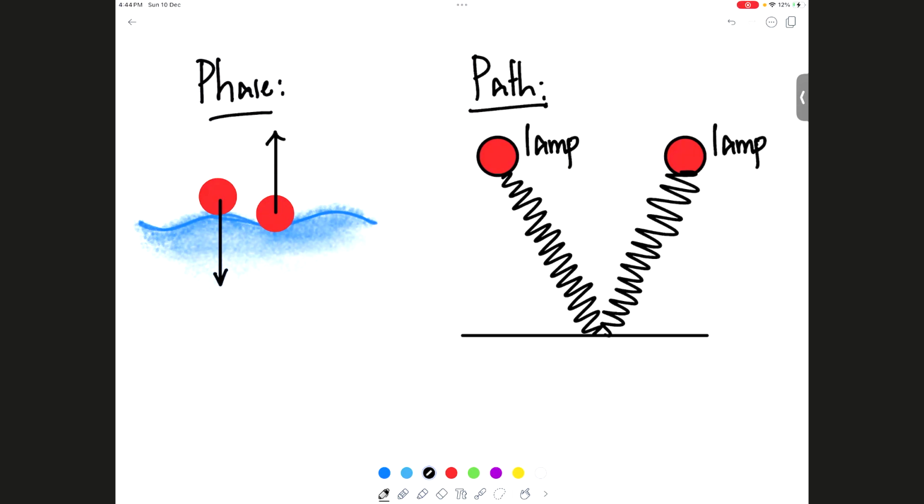Right, on the right hand side, look what's happening. There are two lamps out there, and waves are going from the two lamps and hitting a point there. There are multiple waves traveling, and both the waves go and meet at a location, right? Then aren't